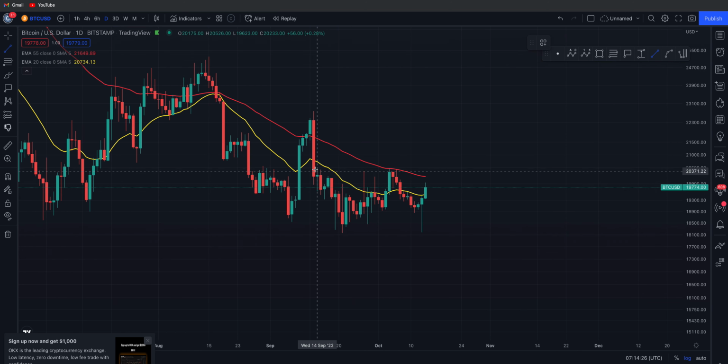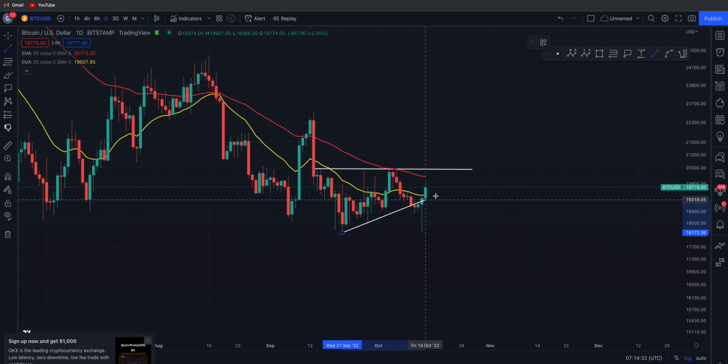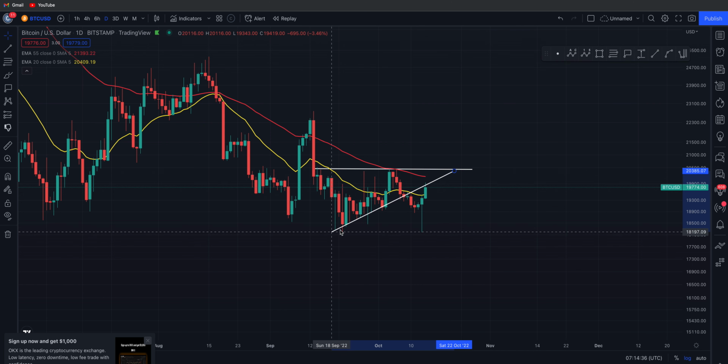But you can see again, as I've said, you've got this level of resistance right here, and I think what we were watching for was off this low. We were going off the candle closes, weren't we, for Bitcoin? So we were going from, I think it was